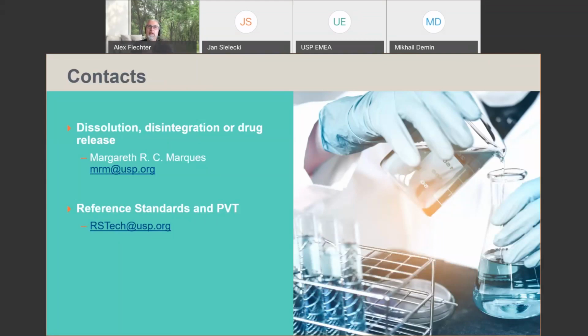She is responsible for all drug product monographs that we have at USP. She's responsible for general chapters 711 and 724. She works with our expert committees on these chapters. Not only that, but she also has the column database. Margaret Marcus is the person you would want to go to for any type of dissolution questions you have. So mark her email address, mrm@usp.org.